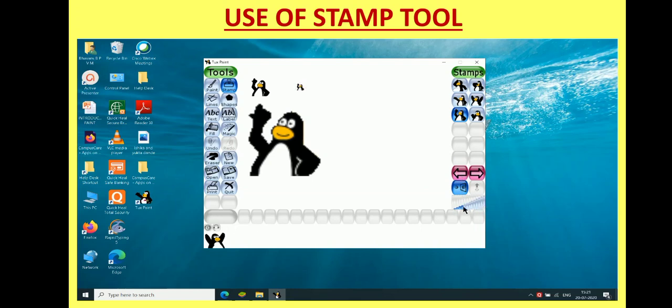So use this tool to have stamp with larger size or smaller size.